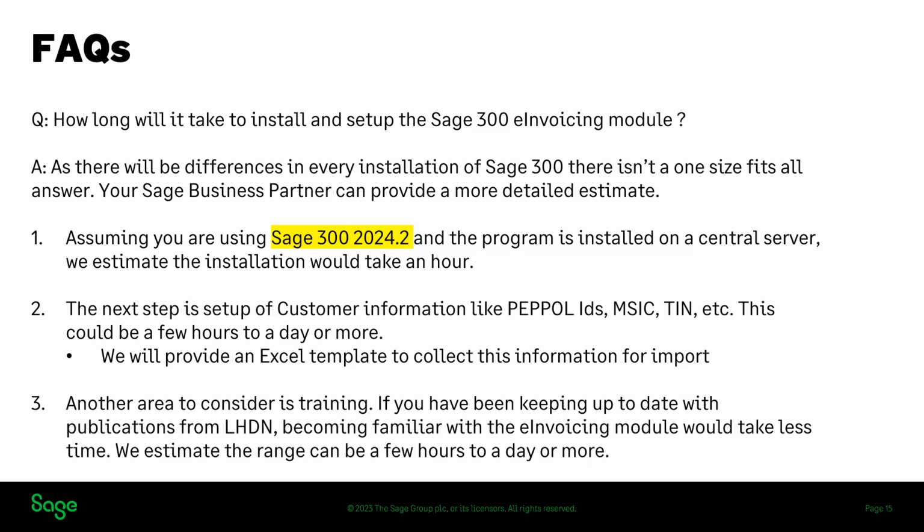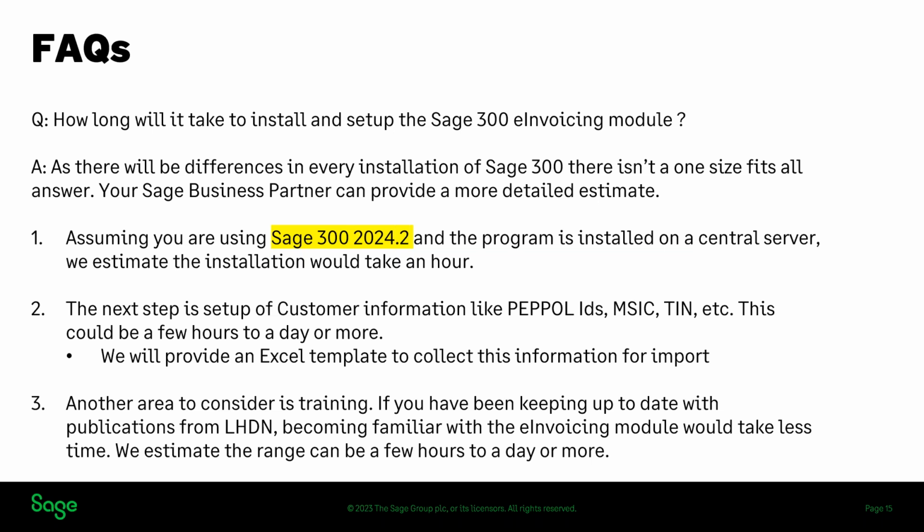Right? Then after you've got the e-invoicing module installed, the next thing we need to look at is the setup of the customer information, like PEPL IDs, the industry codes from Malaysia, and taxpayer identification numbers. This could be less than an hour, could be a day or more, depending upon what changes you need to make. So one of the things we're going to do is provide an example Excel template where this information can be collected and later imported into the e-invoicing module, just like when you were setting up accounts receivable and you needed to put in information for the customers,